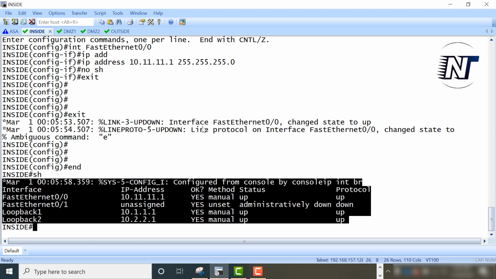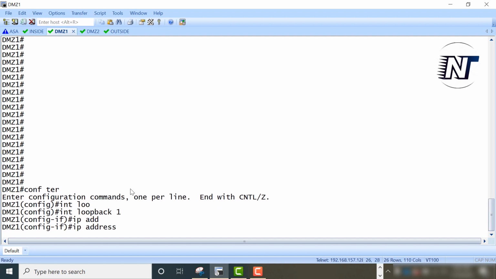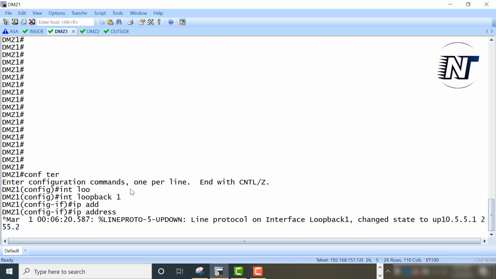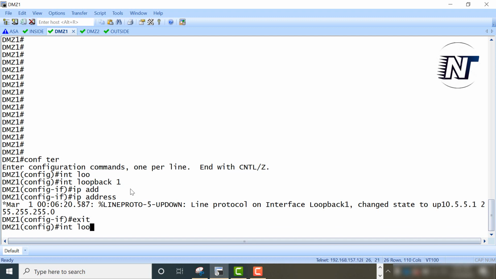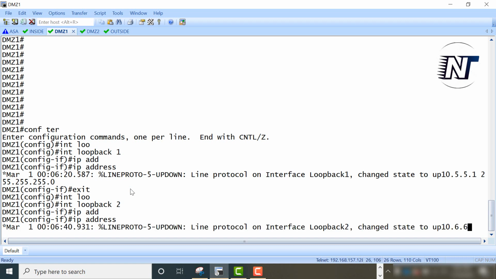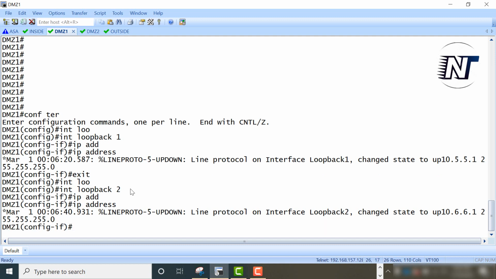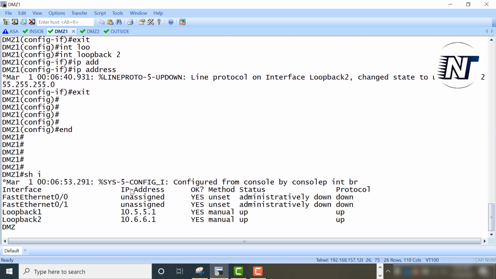Right? Next we'll go to the DMZ1. Configure terminal, interface loopback 1, IP address 10.5.5.1 255.255.255.0, exit. Loopback 2 IP address 10.6.6.1 255.255.255.0, exit. And show IP interface brief.